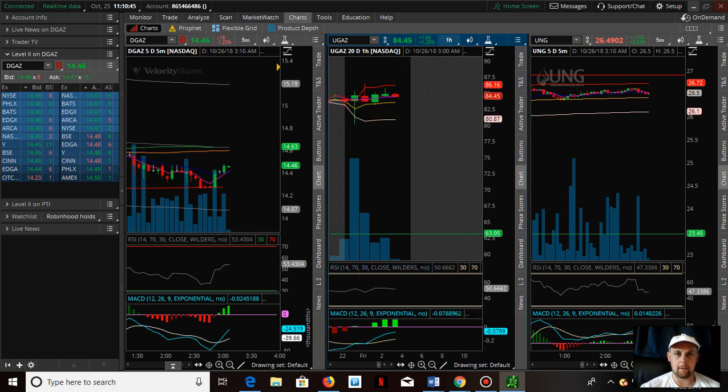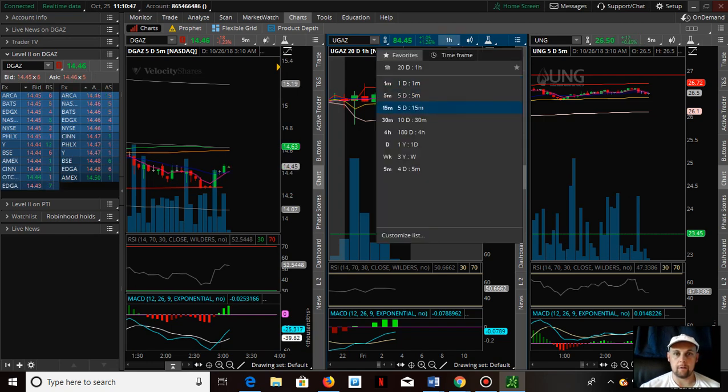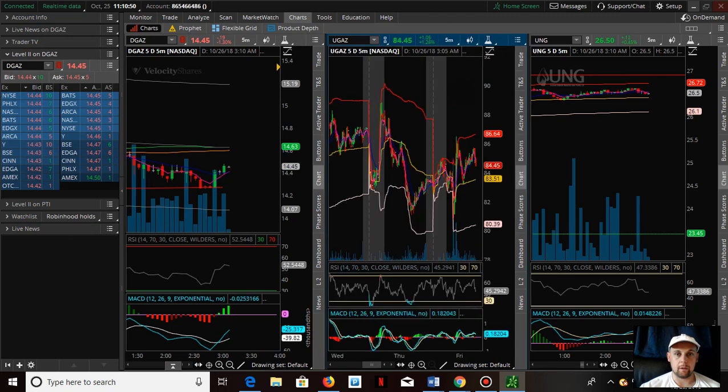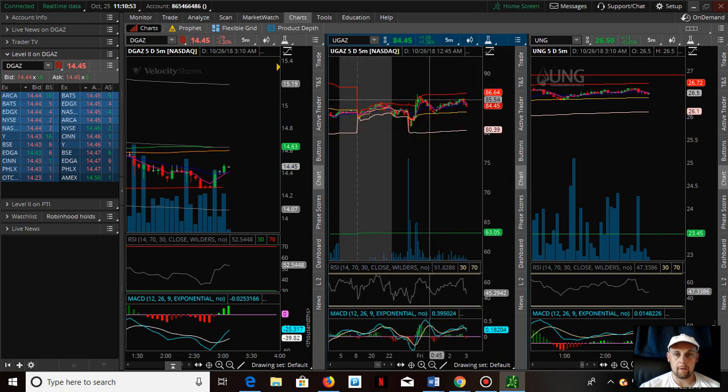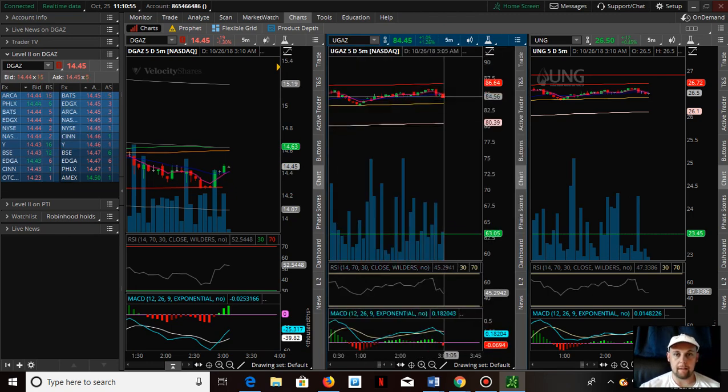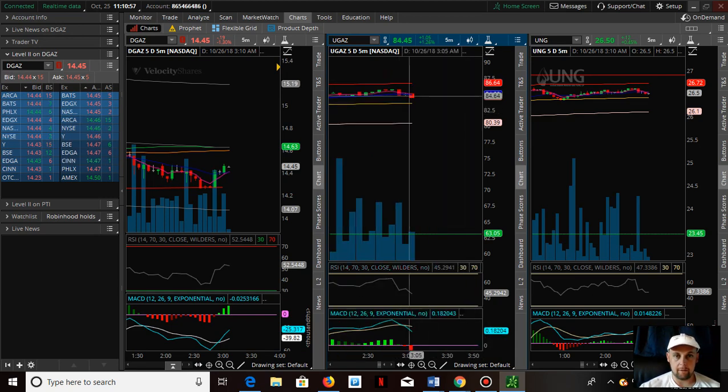That blue line is an exponential moving average. A lot of traders use them. They're really good, really handy. So we've already broken below the 5-day, 5-minute average right here. If you see that we've broken below this blue line,